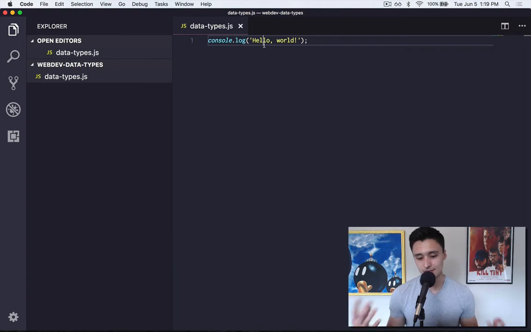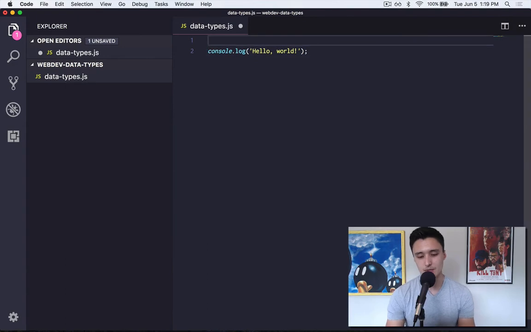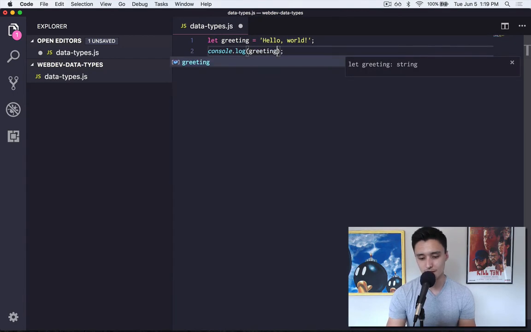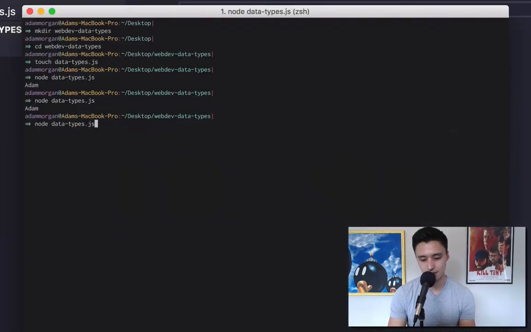Now, the data types that we use in JavaScript, we typically store somewhere. We put these in a container, and these containers in JavaScript are known as variables. So just above this, we're going to create a new variable, and we're going to call it greeting. And we're going to assign it to a string, hello world, like this. And now, instead of console.logging this string right here, we can just use the variable that we created. Then when we save this, go back here and run that program, you'll see that hello world is actually logged